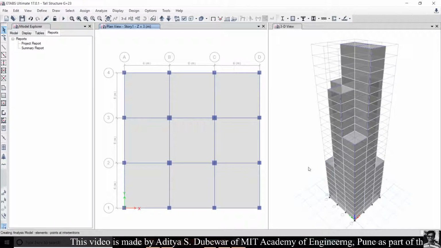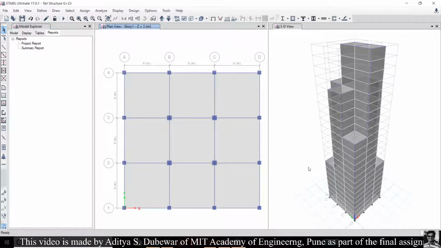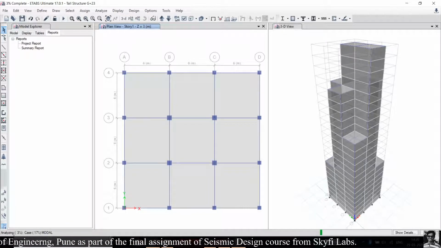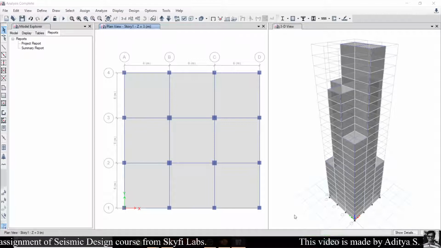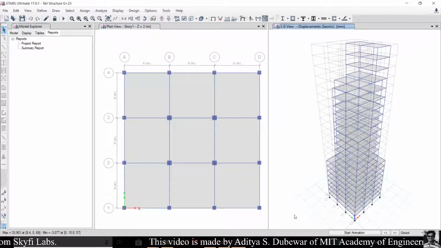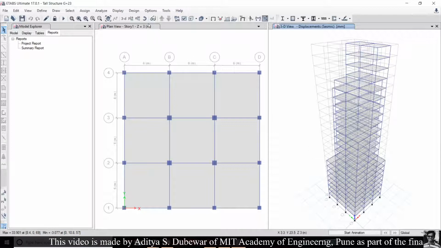It will run the analysis for our structure for the seismic and time history method. We can see the progress of our analysis in the left bottom corner. After completing the analysis, our model is ready to design.